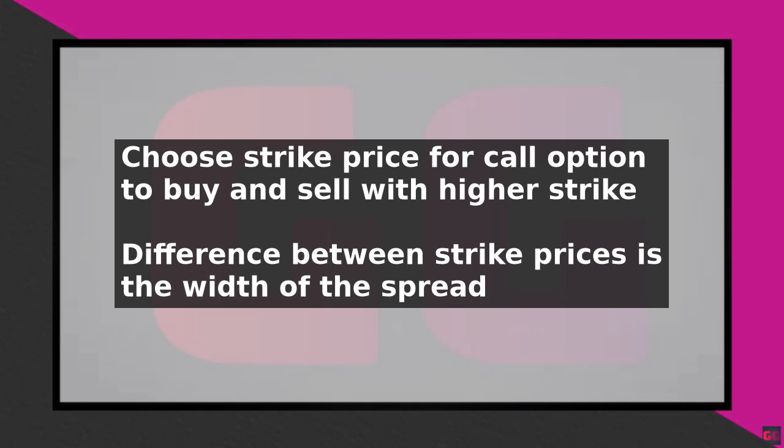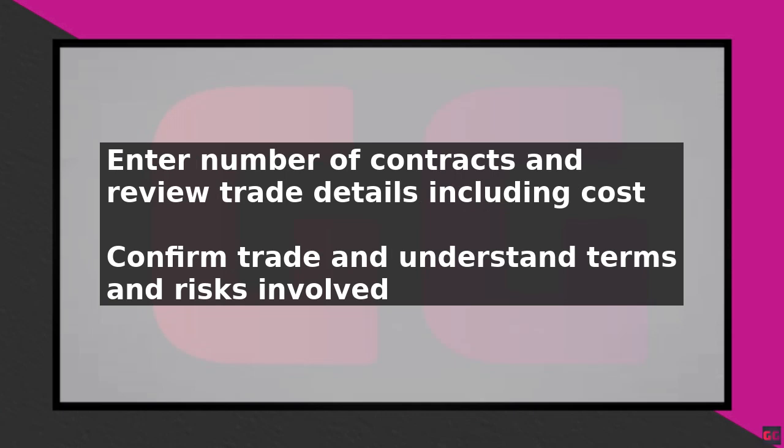It is essential to monitor your trade and adjust as needed. You can close the trade by selling the call option you bought and buying back the call option you sold. Alternatively, you can let the trade expire, in which case the options will become worthless if they are out of the money. In conclusion, buying a call-debit spread on Robinhood involves selecting the underlying asset, choosing the strike prices,